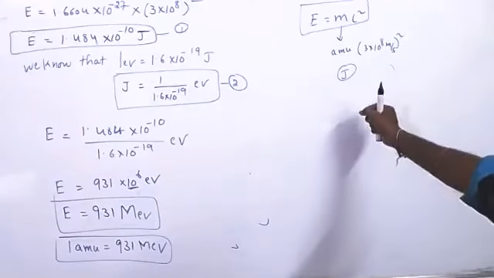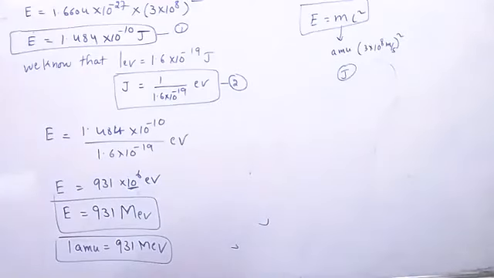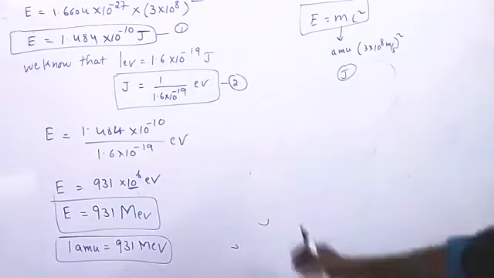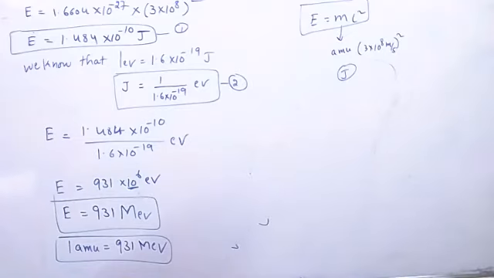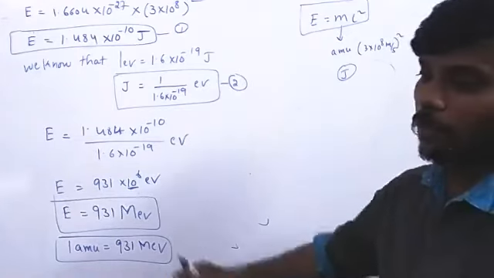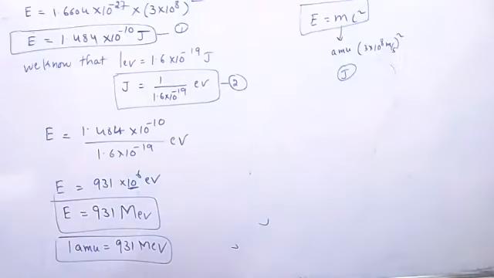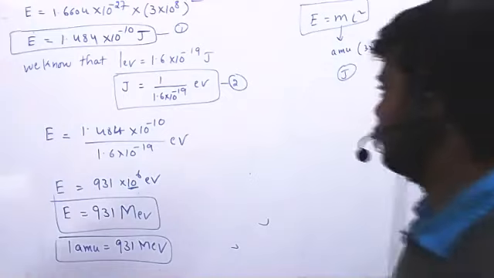Yeah. These types of things are very important for competitive exams. Why? Because we neglect this type of topics, like 1 AMU equal to how much. Definitely we neglect. But they will ask 1 AMU equal to how much, or convert mega electron volt into AMU. They can ask anything. So it will be useful for you. Keep it in your mind. Mostly they ask small questions, but we leave those concepts, so we can't do them. Write down this.